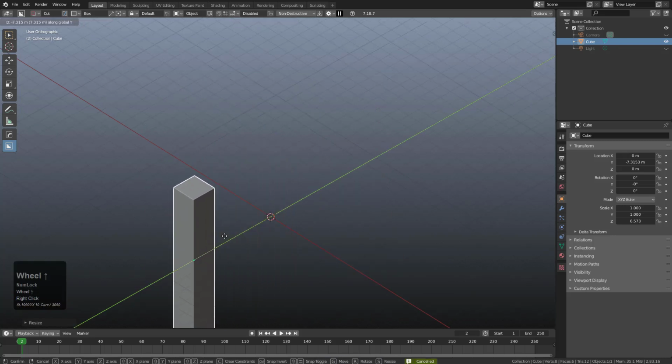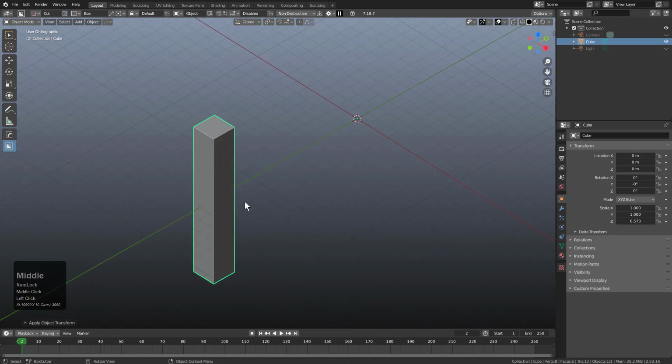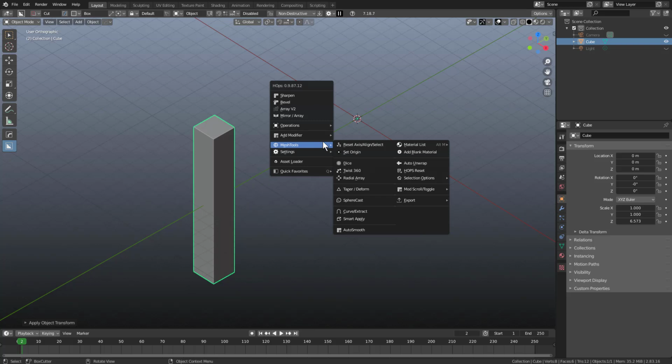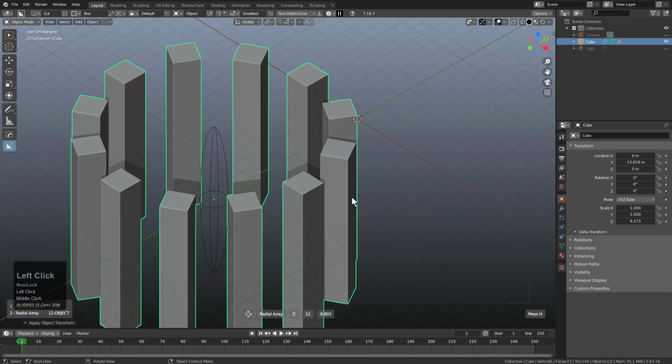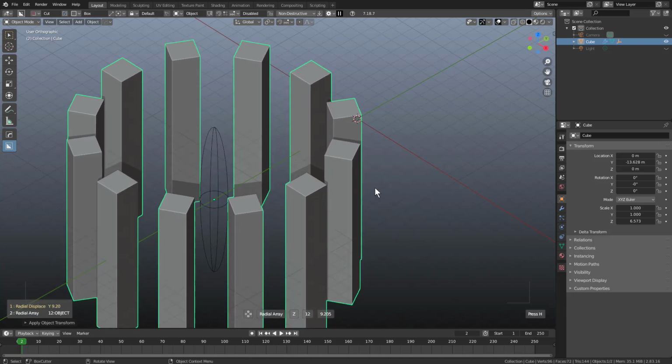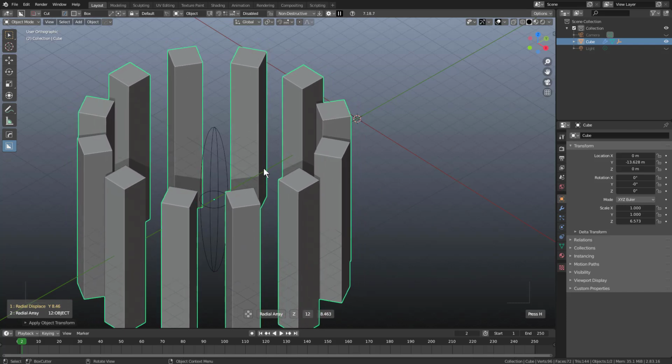Another thing is, let's take this object and move it away from the origin, and let's press Ctrl A, and we've applied our location. So our location is now here. If I were to press Q and go into radial array, where do you think this radial array is going to begin? If you think it's going to begin where the cursor is, you're absolutely wrong. For some reason, radial array would recalculate the origin based on the location of the actual object, which was also